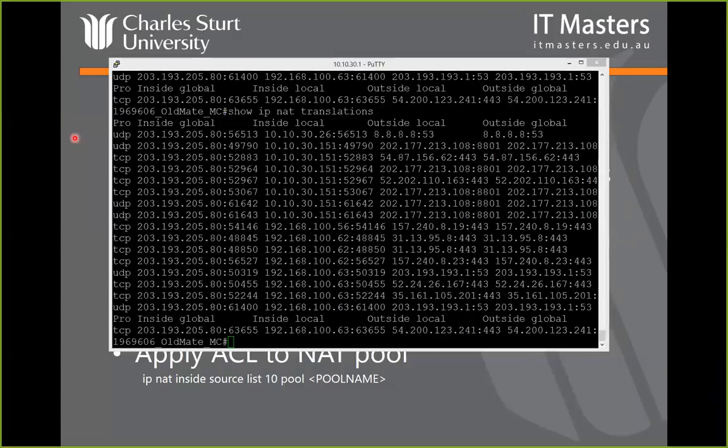Is null natting more secure than denying traffic via ACL? No, not in my opinion, no. I think ACL is better rather than null natting or null routing. There are also some considerations about the order of processing through your router, which might impact some of your performance issues. But I would recommend it's probably better to do an ACL because you also have that logging component built into that, whereas it's more difficult to know what's really going on with null natting.